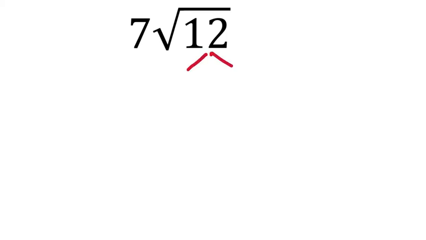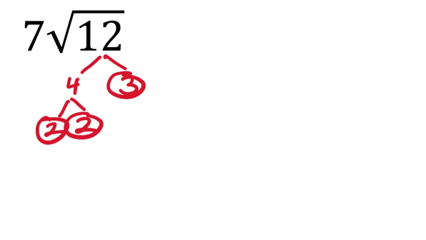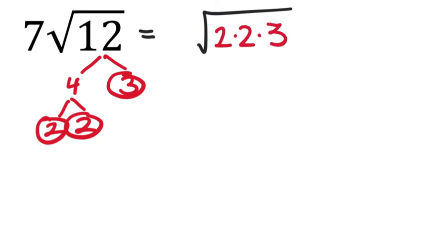But 12, I can split up between, let's say, 4 and 3, and then 4 splits up into 2 and 2. Now, I think if you get enough experience with this, you'd say 4 is a perfect square, that's enough. All right, well, let's assume that you don't. So let's keep going here. So 7 times the square root of 12. Again, I'm just looking for the square root of 12, which is 2 times 2 times 3. And again, do we have any